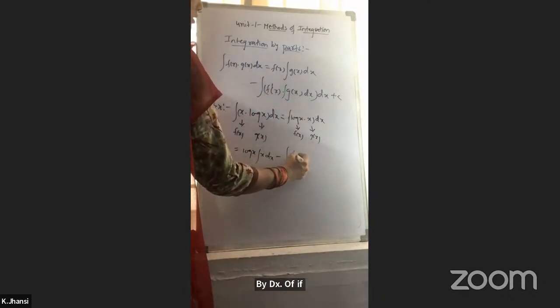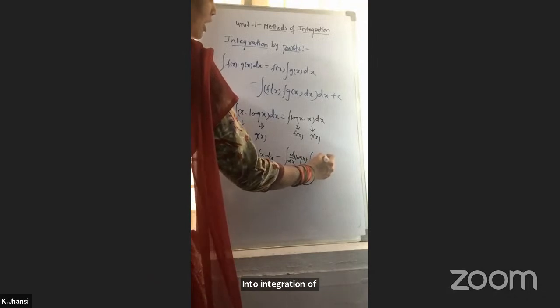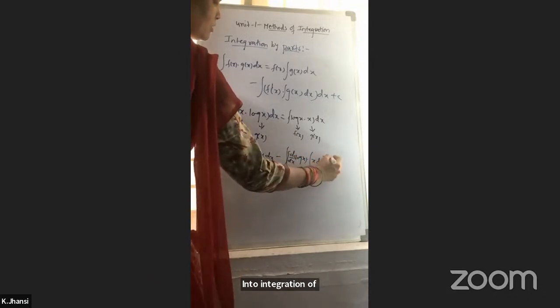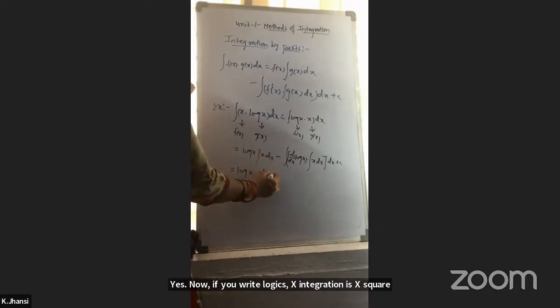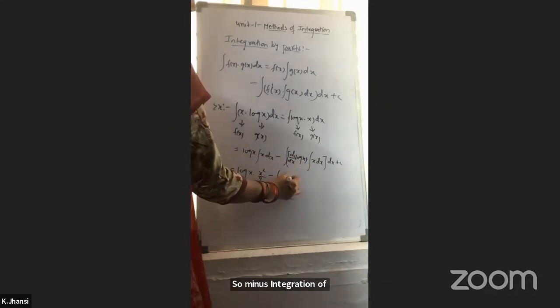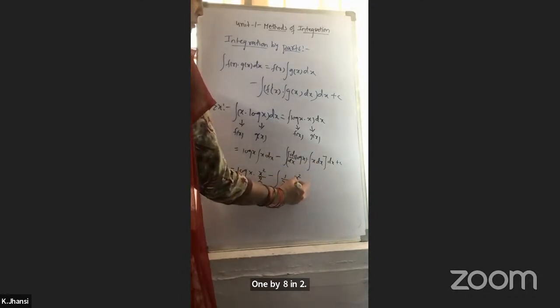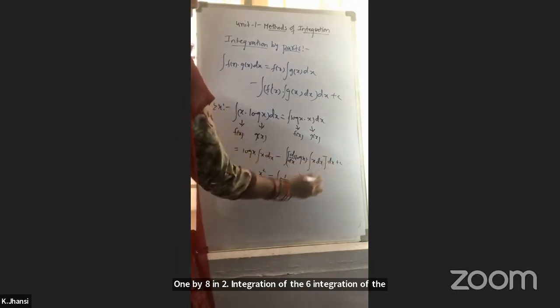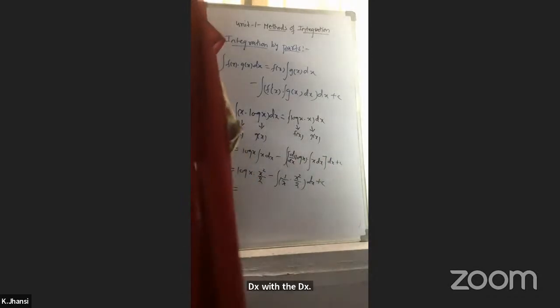that is d by dx of log x, into integration of x into dx, and this whole dx. Now log x, x integration is x square by 2. So minus integration of d by dx of log x, that is 1 by x, into integration of x, that is x square by 2, into dx, plus c. So it is equal to